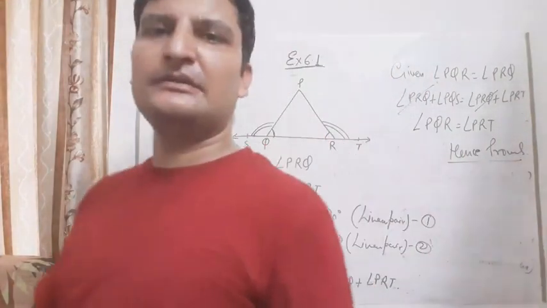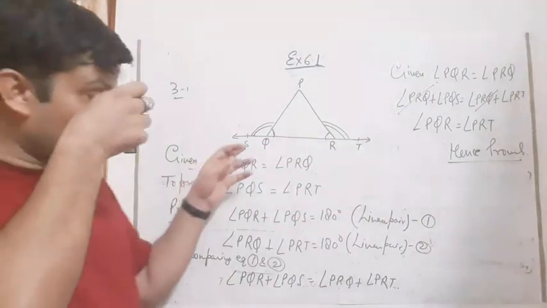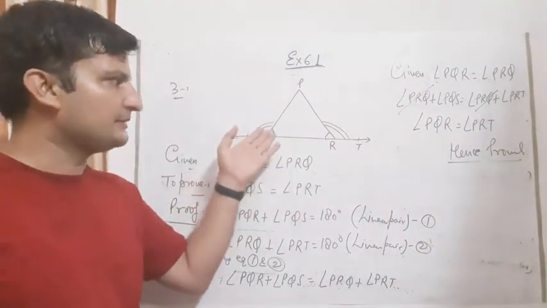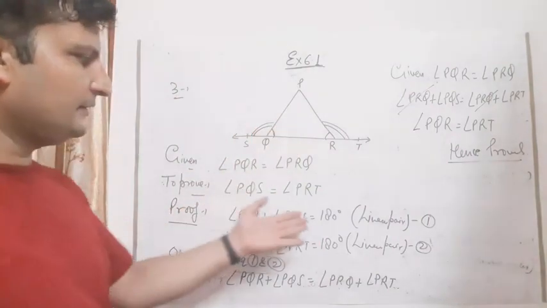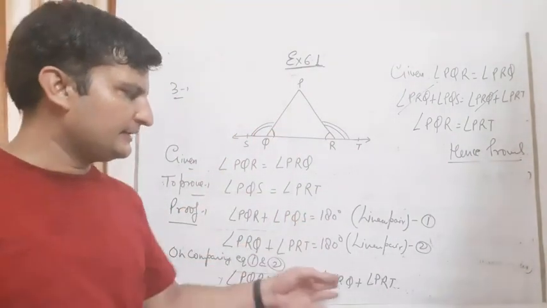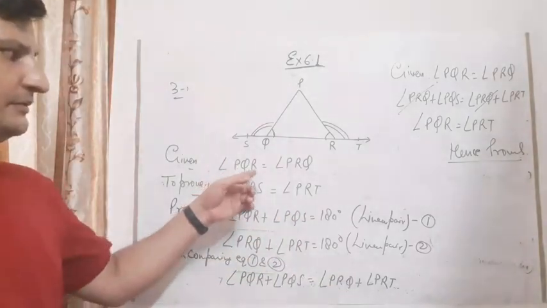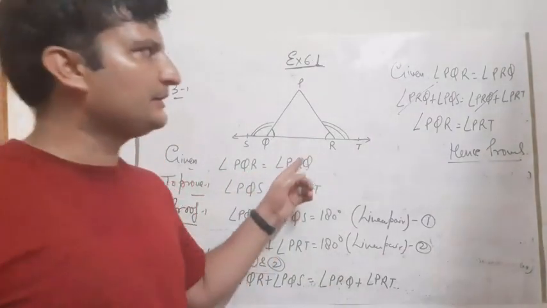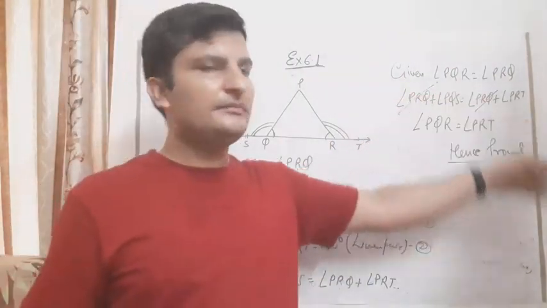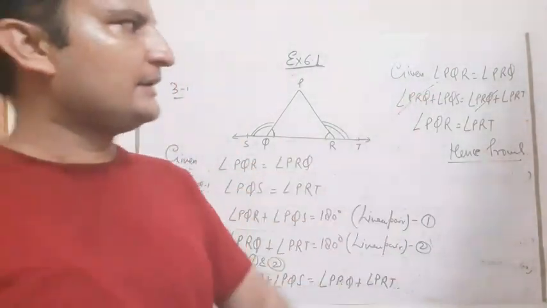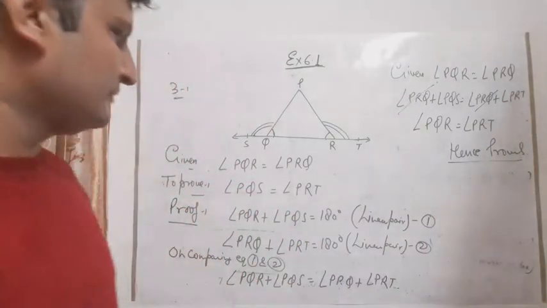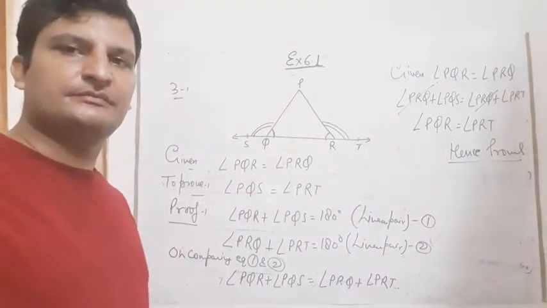This is a very easy question. हमें क्या करना है इसमें? खाली लीनियर पेयर की कंसेप्ट लगाना है और we have to prove it. लेफ्ट और राइट हैंड साइड आर इक्वल, so we can write it. लेफ्ट हैंड साइड is also equal. What is given? PQR is equal to PRQ दिया हुआ है, तो हमने यहाँ पे क्या रखा? PQR की जगह पे PRQ put कर दिया. So PRQ and PRQ is cut down. So what is left? Angle PQS is equal to angle PRT. Hence proved. Students, now note it down this question also.